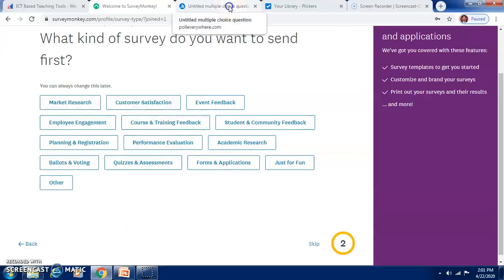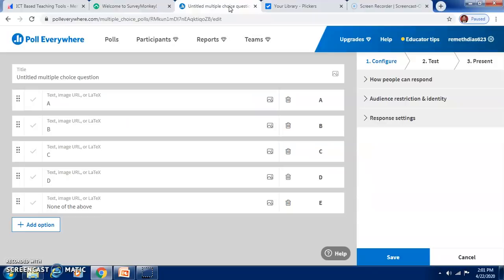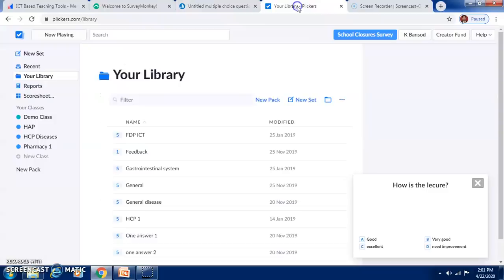We can also use Poll Everywhere, where you can conduct multiple choice questions or polls for the students. Then we can use Plickers. Here also the test can be done. Only thing is, it requires Plickers boards, and therefore the students need to be present in the classroom so that we can scan their Plickers boards to get the answers.